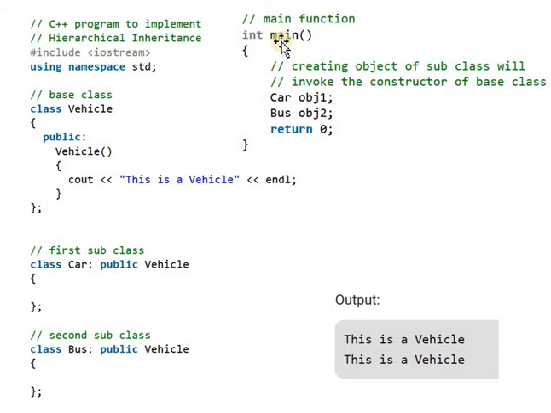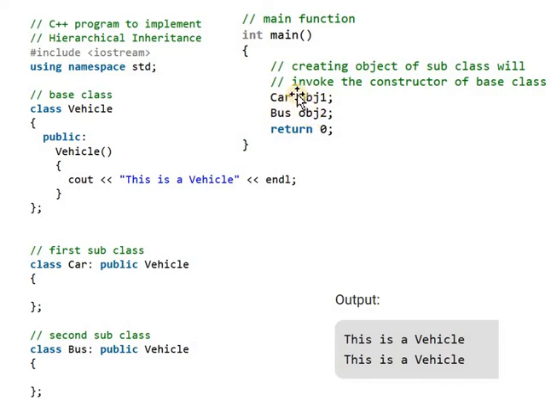In inheritance, we are creating the object of a subclass or objects of a derived class. Here in this example, there are two subclasses. So here we want to create the object for two classes.